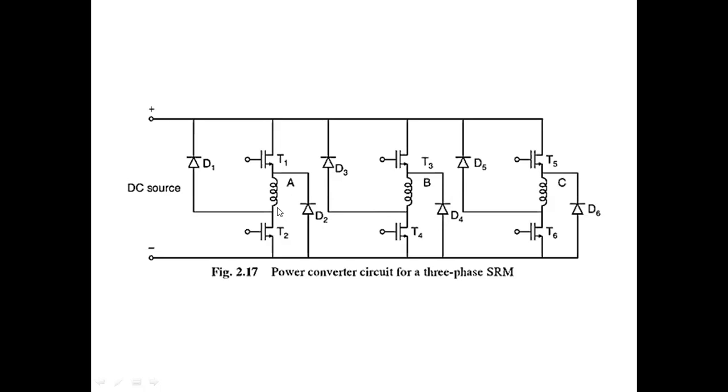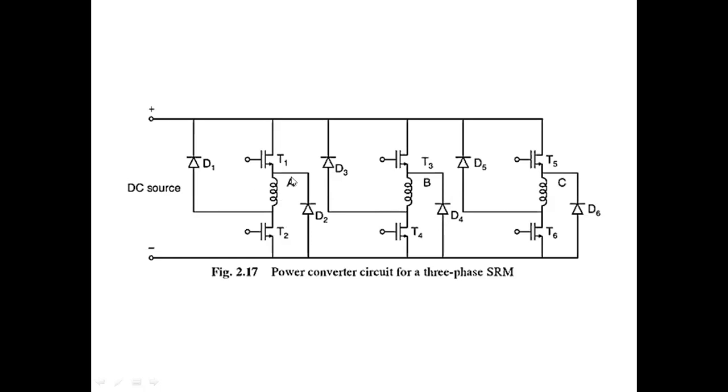But whenever phase A, T1, T2, is turned off, the polarities are interchanged. Here comes negative and here comes positive. The polarity of the coil terminals is interchanged. Therefore diode D1's anode is more positive with respect to its cathode, and diode D2's cathode is more negative with respect to its anode. When this situation happens, there is a possibility of giving supply back towards the source. That is nothing but freewheeling.